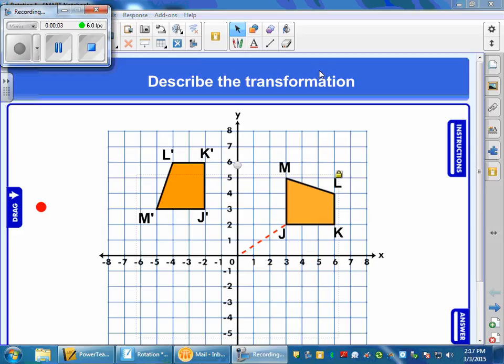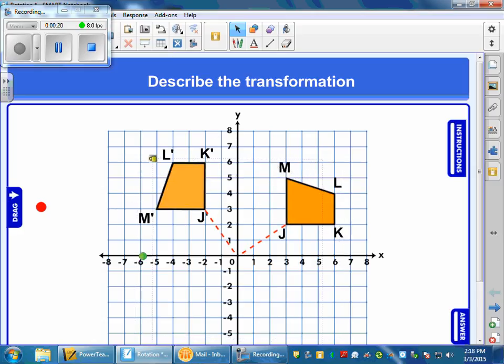Alright guys, so here are my notes for today. What do you think? To make this shape go on top of this one, to see if they're the same exact size, what could I do? Could I slide it? Could I flip it? I think flipping it would be close, but not quite. How about if I